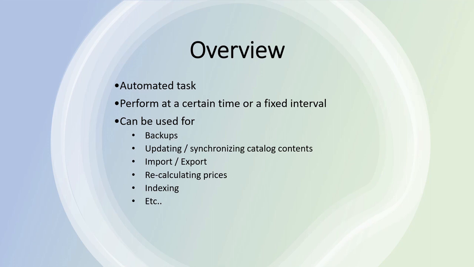So if you have to automate any task at a particular fixed interval of time, where that task needs to be executed periodically, that can be achieved using a cron job. The key idea of applying a cron job is to start a long or periodic process in the background with the possibility to log each run and check its result.